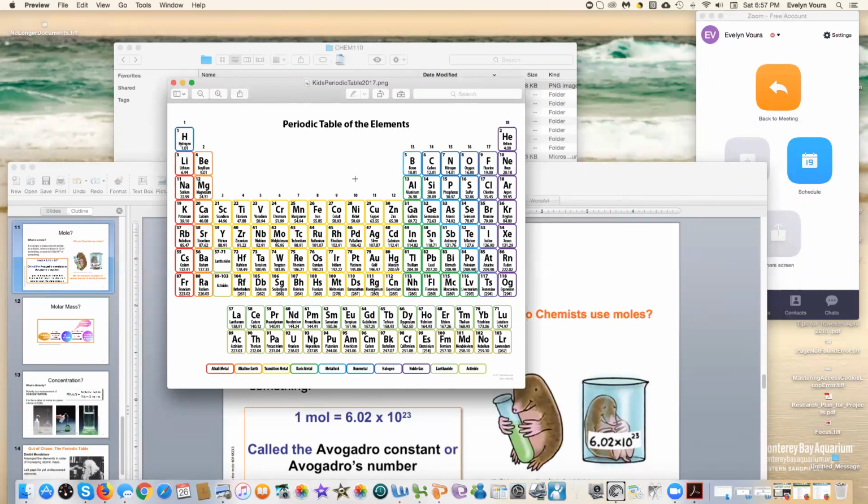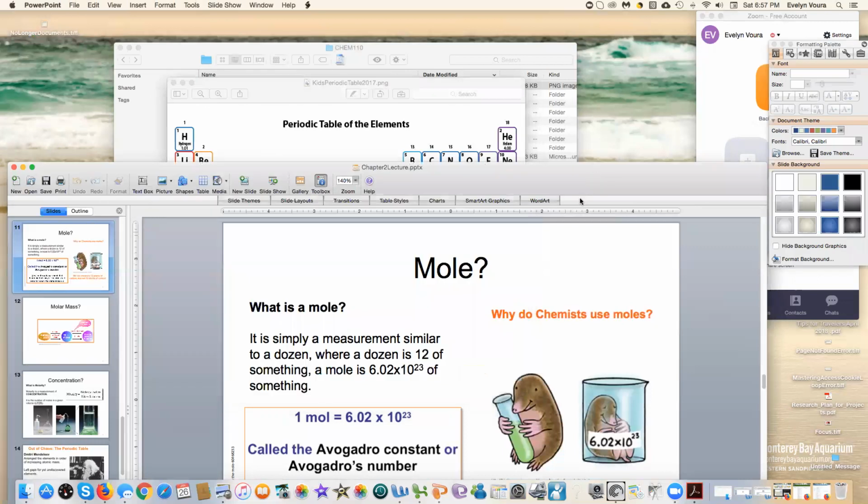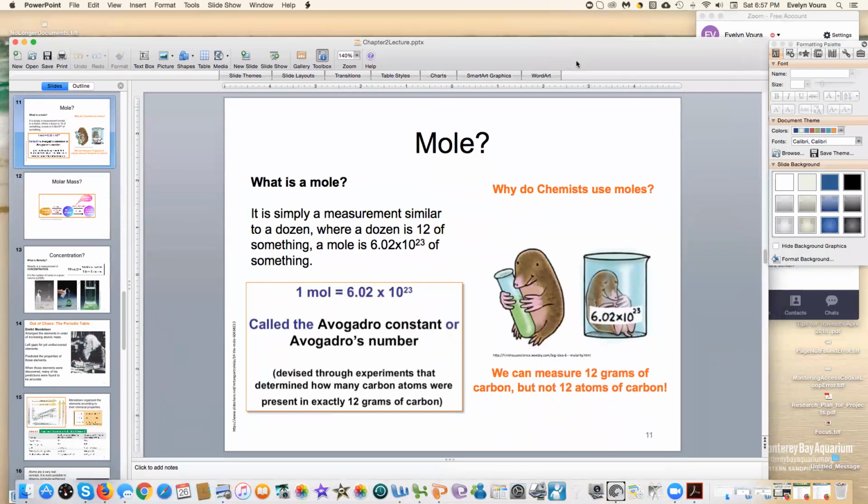We're going to do it in class, not even in lab, so that you can kind of get a feel for this. All right, and you know this course doesn't have tons of math, but this is a very basic idea that I'd like you guys to grasp. Okay. So this is why chemists use moles, all right? Because you can see them.